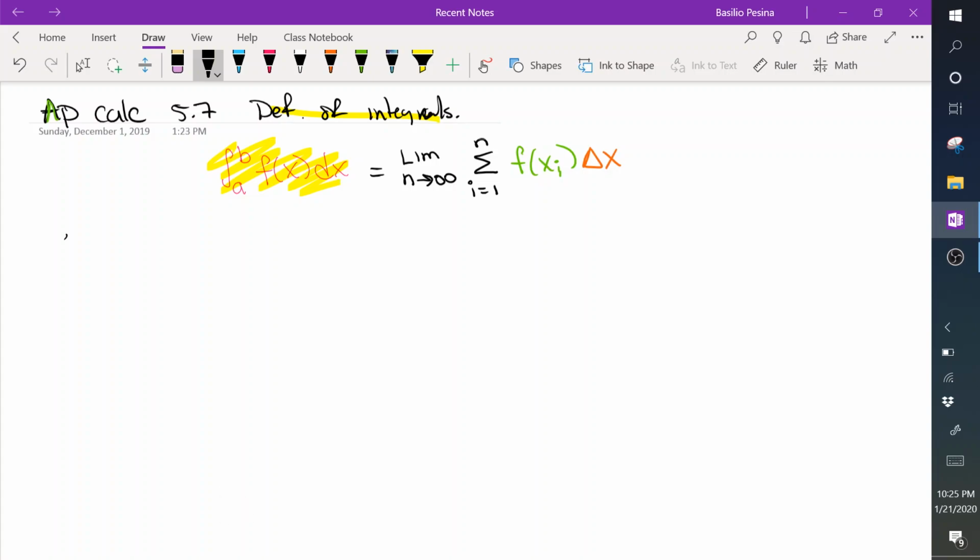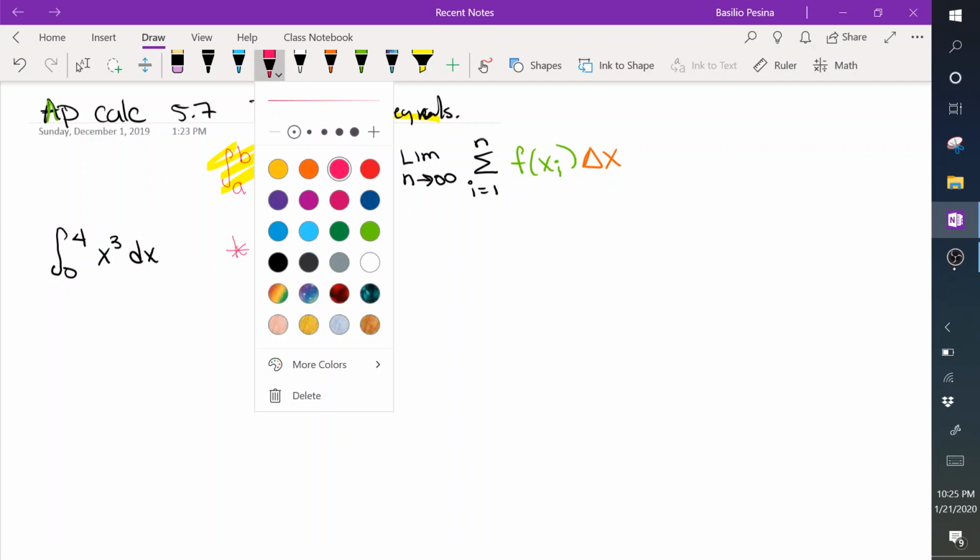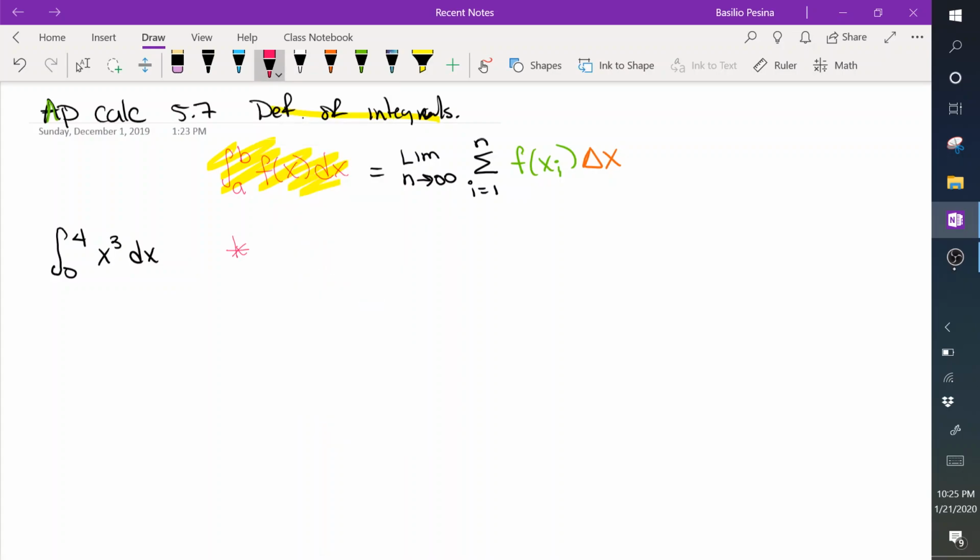It's going to be the integral from 0 to 4, where the function is x cubed, with respect to x. Now, what I encourage you to do is write this down so it can help you out. We're going to write that same equation and find all the little parts. I strongly recommend that you write this on your own. So let me make this a little bigger. It's going to be the integral